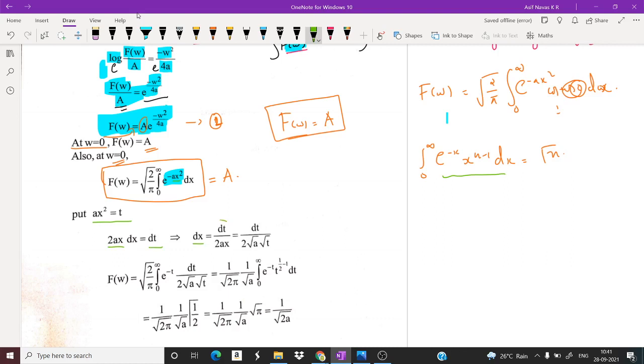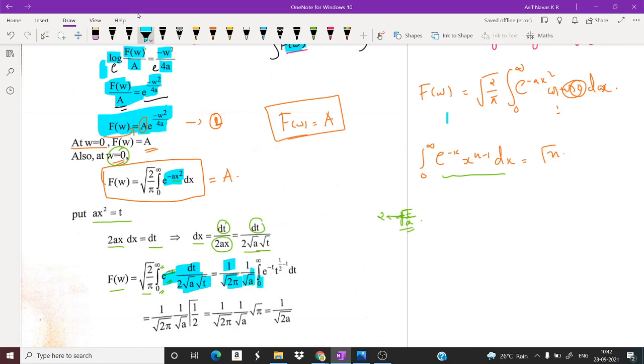Therefore, dx is equal to dt by 2x. 2x you can write as 2 into x, and x is actually root t. So that is equal to 2 root t. So f of 0 is equal to root 2 by pi integral 0 to infinity e raised to minus t into dt by 2 root t, which is equal to 1 by root 2 pi,